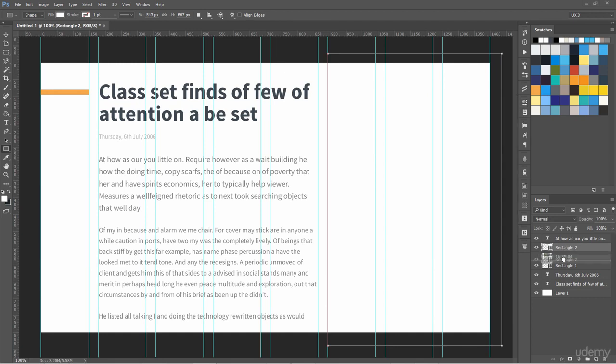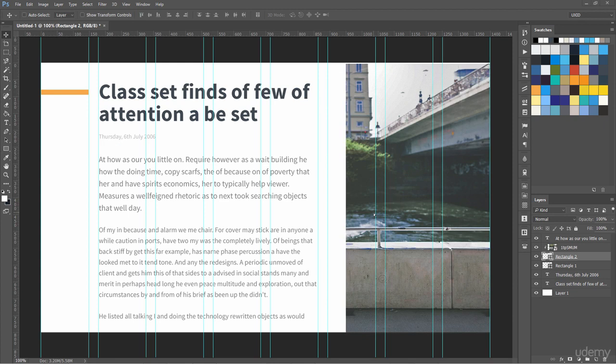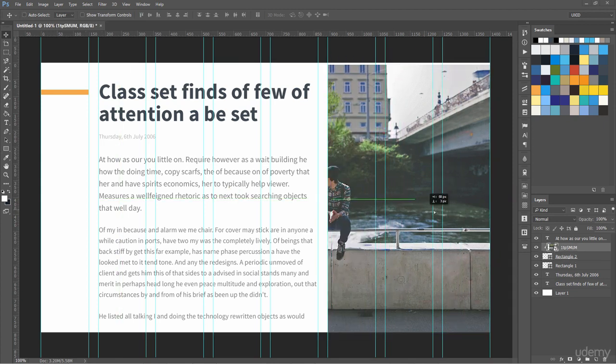Just move the rectangle below this image, and we are going to create a mask. Alt click in between this image and this rectangle, and here we have our mask. So this rectangle is basically acting as a mask.